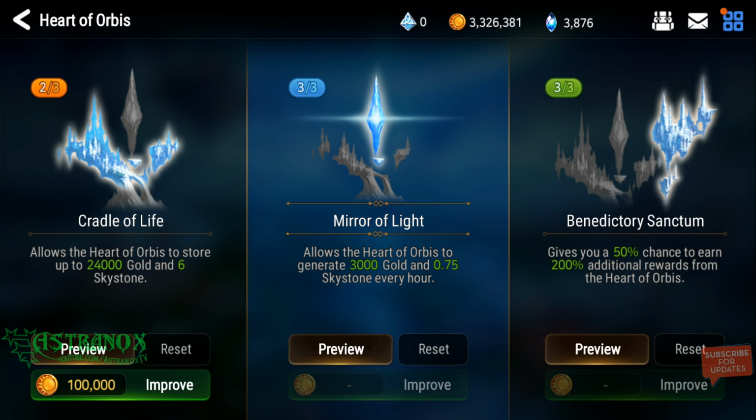You max the second one, the Mirror of Light, of course, because you want as many skystones as possible. And the third one, you have a 50% chance to earn 200% additional rewards. Now, it's not going to be double, guys. It's going to be triple. So you get